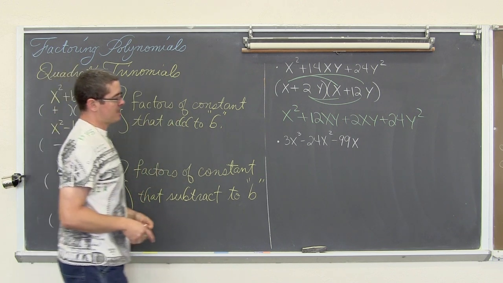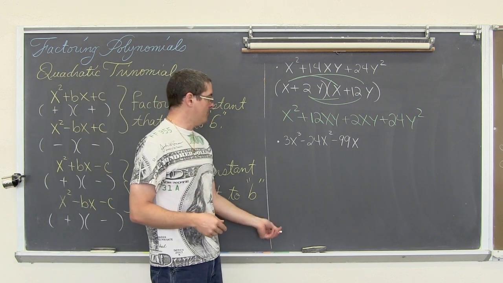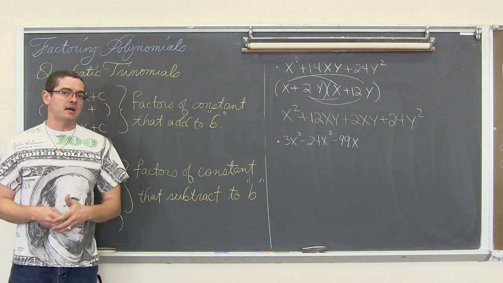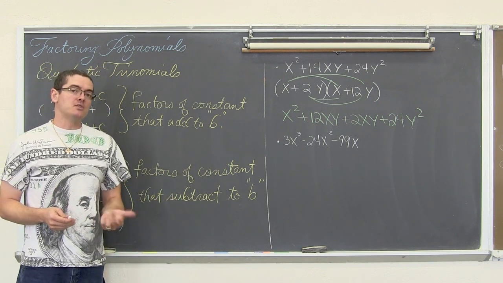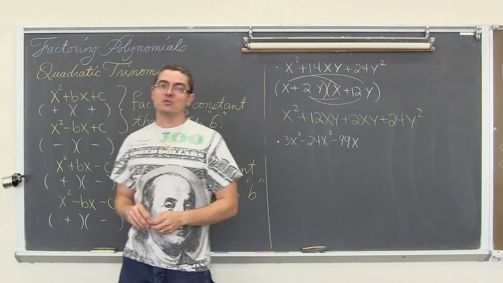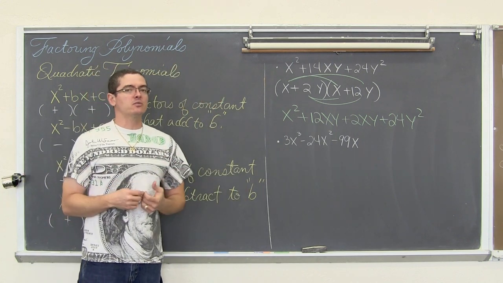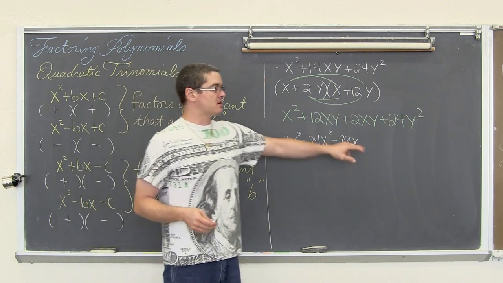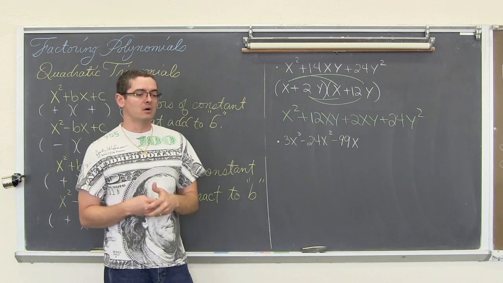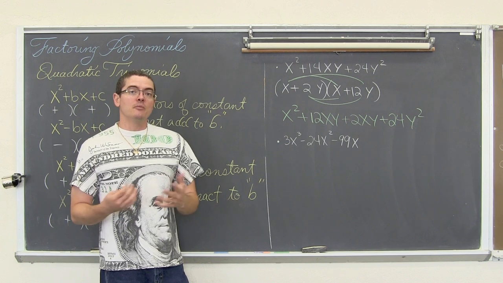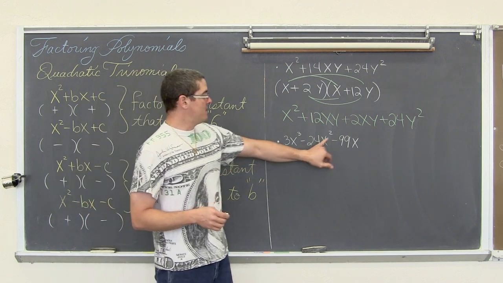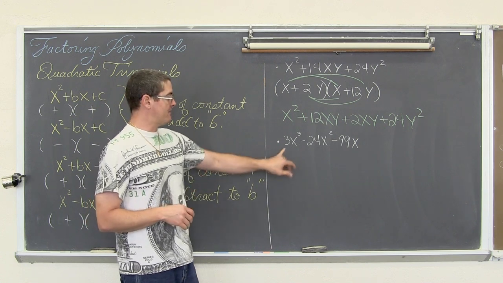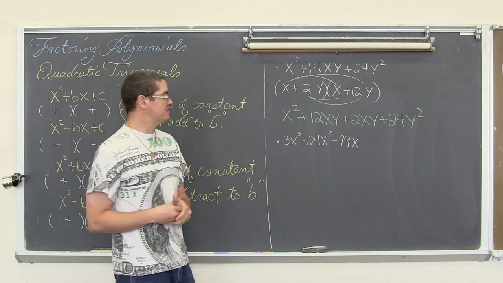Now, the last example, not the last example of the video, but the last I have up here, is 3x cubed minus 24x squared minus 99x. This is not a quadratic, and that's what I said we were factoring. However, again, the first step of factoring is to see if you can find a GCF, a greatest common factor, that you can pull out of all of the terms in whatever function or expression you're being asked to factor. And each of these terms has a factor of 3. That alone is not really an issue, except I haven't done leading coefficients not equal to 1 in this video.